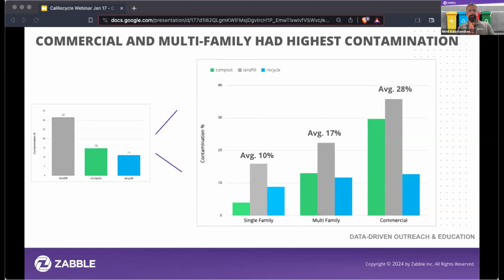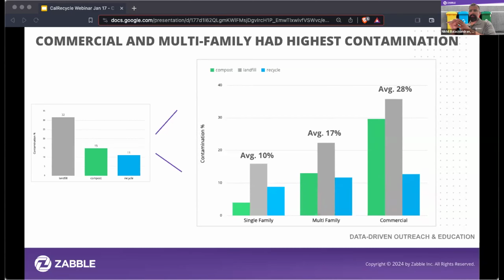So I think I stopped here, so I'll just go back. I don't know how much of this came through, but essentially you can look at contamination as a whole on the left. You could see that landfill contamination was the highest at 32%, and recycling contamination was the lowest at 11%. And then you can drill down into what the different generator types were and how they influenced the contamination percentage.